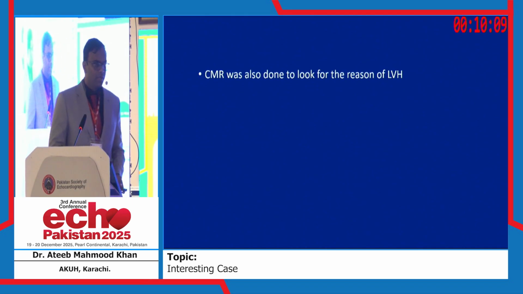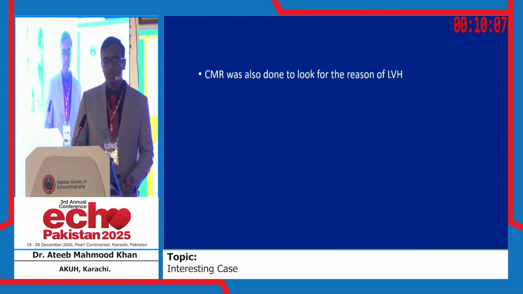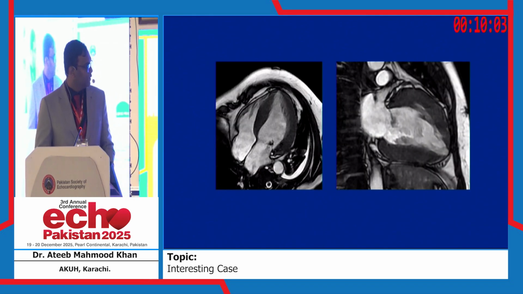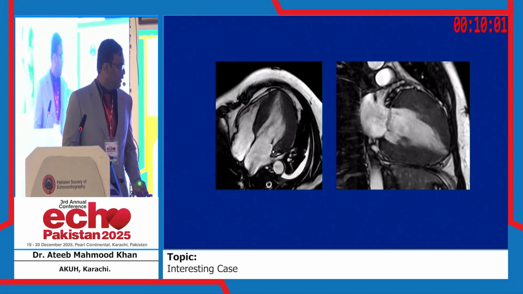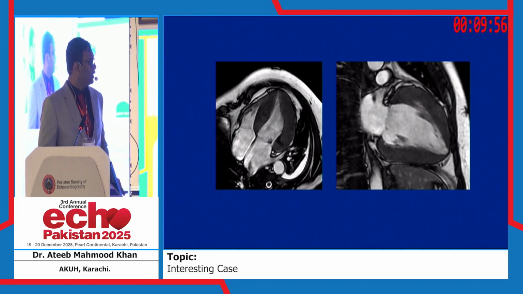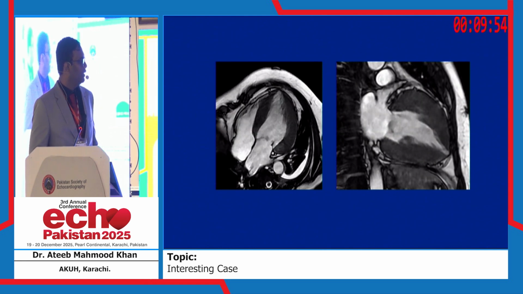Then CMR was also done to look for the reason of left ventricular hypertrophy. And these are the CMR images. This is the cine images of CMR. This is a 4-chamber view. This is a 2-chamber view, in which now again we can appreciate the marked hypertrophy of the LV and preserved